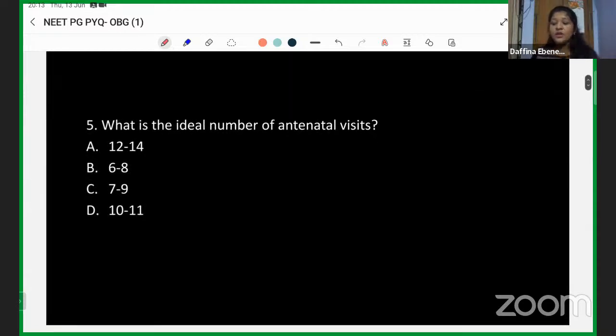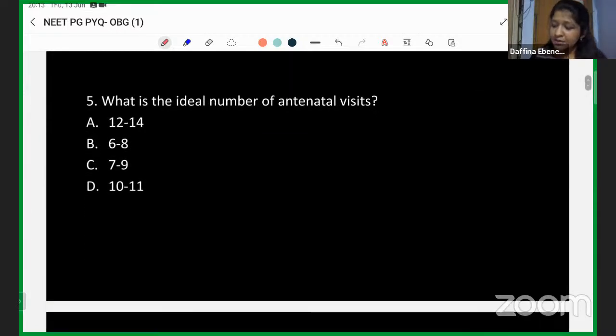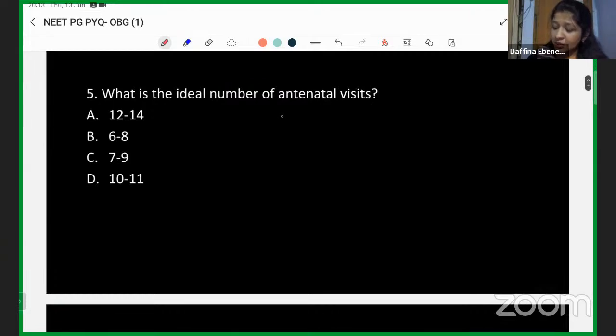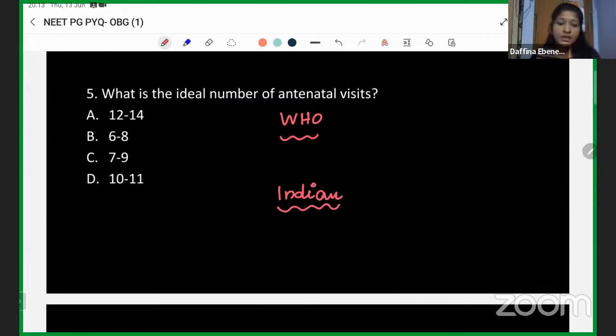Moving to the next question, what is the ideal number of antenatal visits? Okay, this is a very important question that has been repeated multiple times. So there are two things. One is the WHO criteria. The other is what is our Indian scenario for the number of antenatal visits. Okay, so the WHO criteria will be